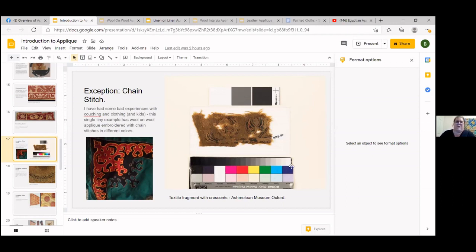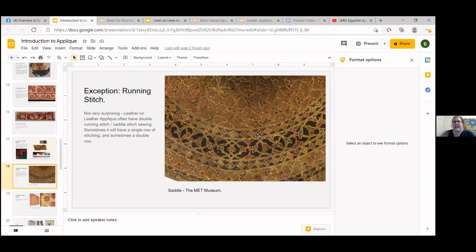So that's my one exception where the outline is done with chain stitch. The second outline happens when you work with leather. With leather, they did a running stitch to kind of sew it down, but also if you really look at it, where there's bigger parts of the leather, the running stitch outlines the bigger part of the leather, sometimes like a